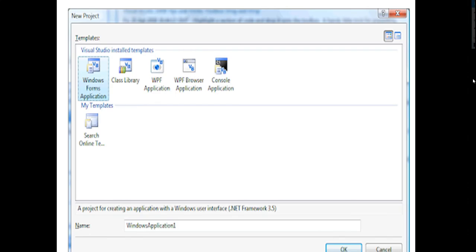When I want to create my new project, what will I do? For creating a new project, first go and click on the File menu and click on New Project. A New Project dialog box will appear. We have to choose the Windows Forms application from the New Project dialog box. From this I have to select Windows and press OK. That means we are going to start with our programming, that is Windows application programming.